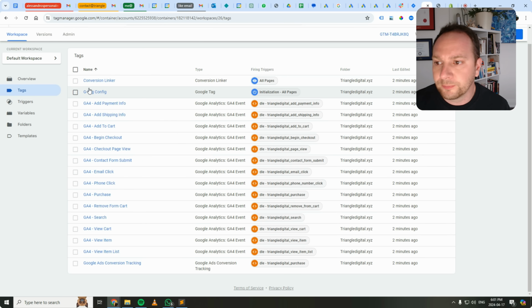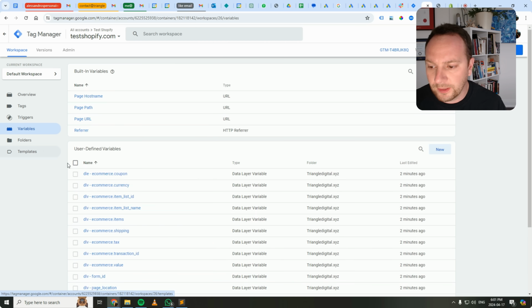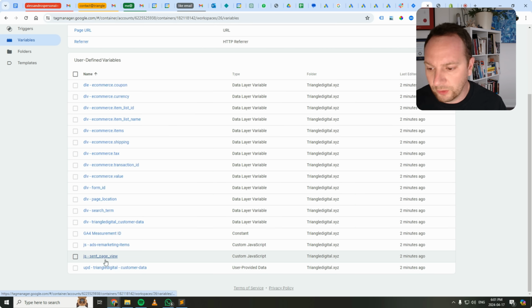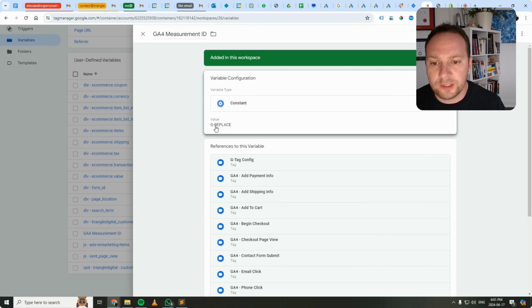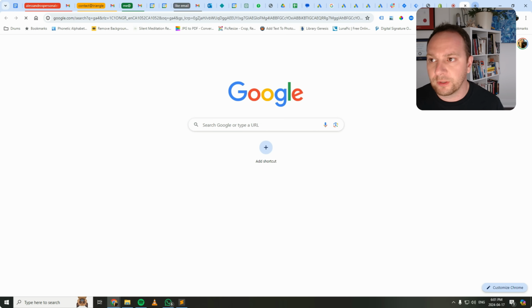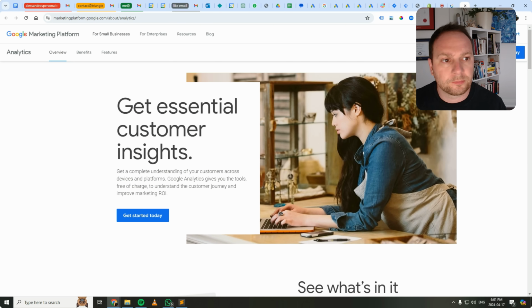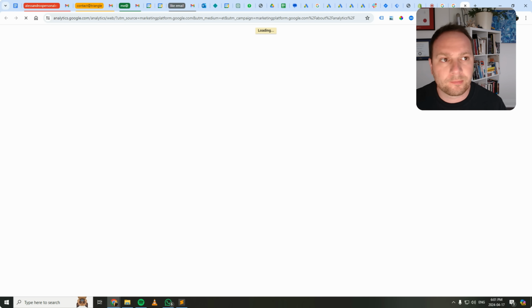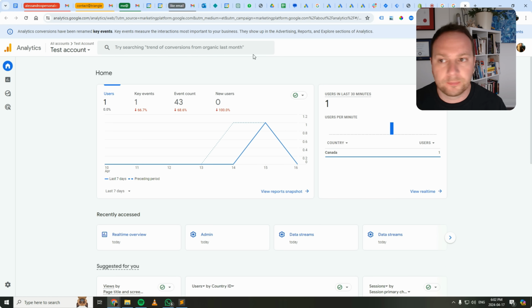Now you also need to go to the variables section and update your GA4 measurement ID. So you see this one just says G-replace. I'm going to try and find mine. GA4, analytics. So how can we find it so that we can update it in that code? Well,